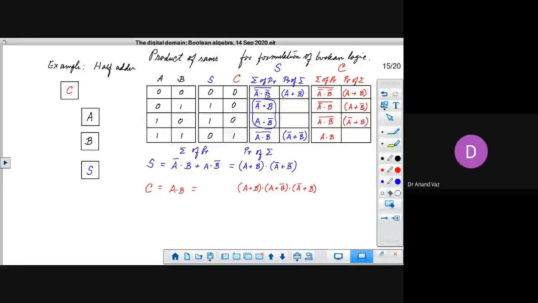But when this product appears as a sum, you have to apply De Morgan's theorem, and the sum looks like this. Is it clear? This is what I just explained to the question before. Did you understand it now? So any other query?